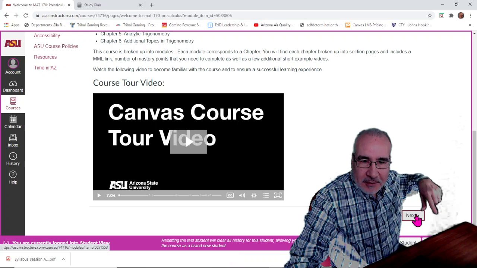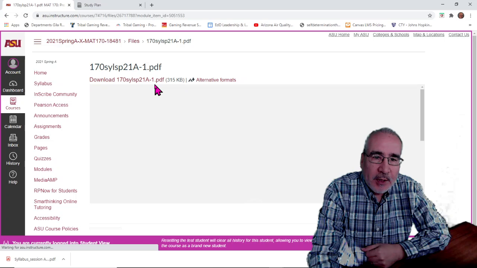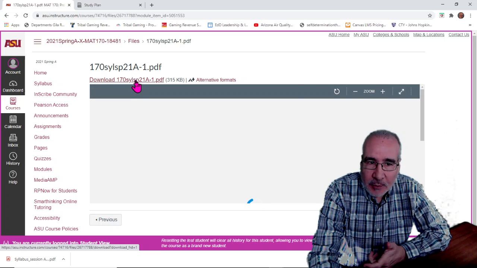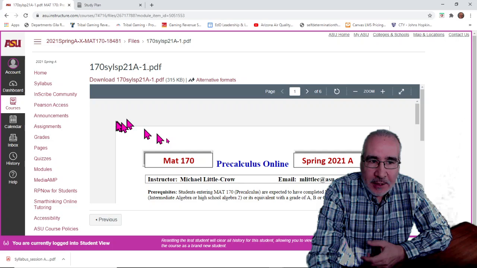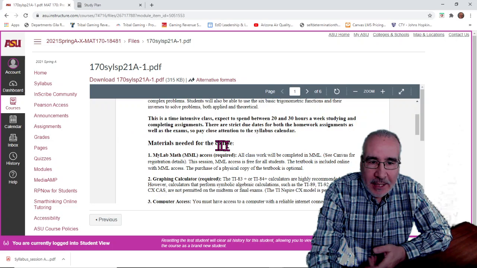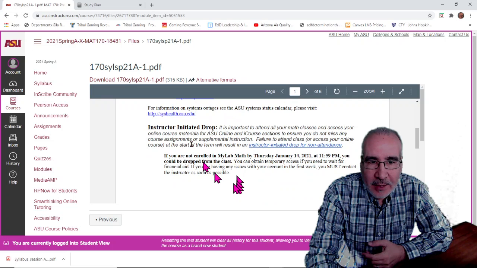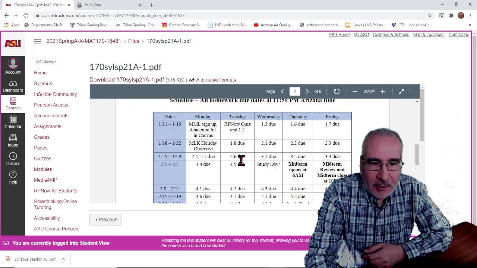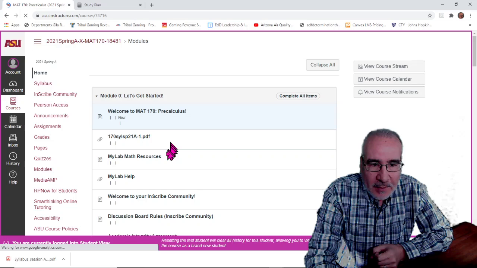Next takes you to the syllabus, which I highly recommend downloading so that you can walk through it. It does get you started. I've got my contact information. It's important stuff. We'll come back to this in just a moment. It's got the calendar, and we'll come back to this. What I'm going to do is go next to the next